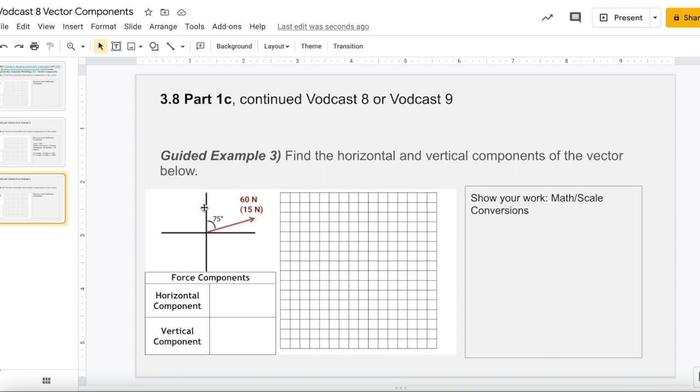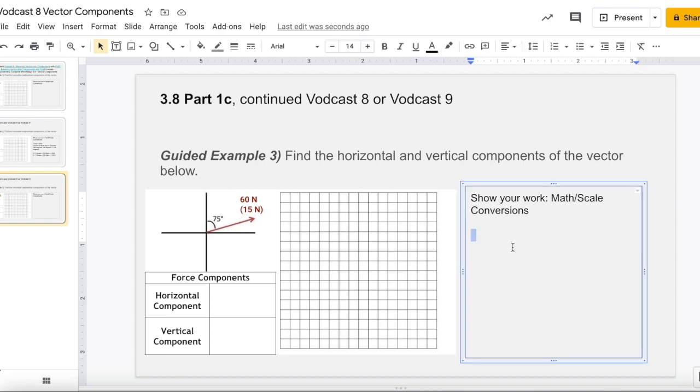So what I'm actually going to do is use a scale of 1 box equals 4 newtons. And the reason why I'm using that is 4 goes nicely into 60. When in doubt, feel free to use tens, hundreds, 1000s as your scale. Or even generally, if you get stuck, you can ask me and I'll probably give you a reasonable scale to use. So for a scale of